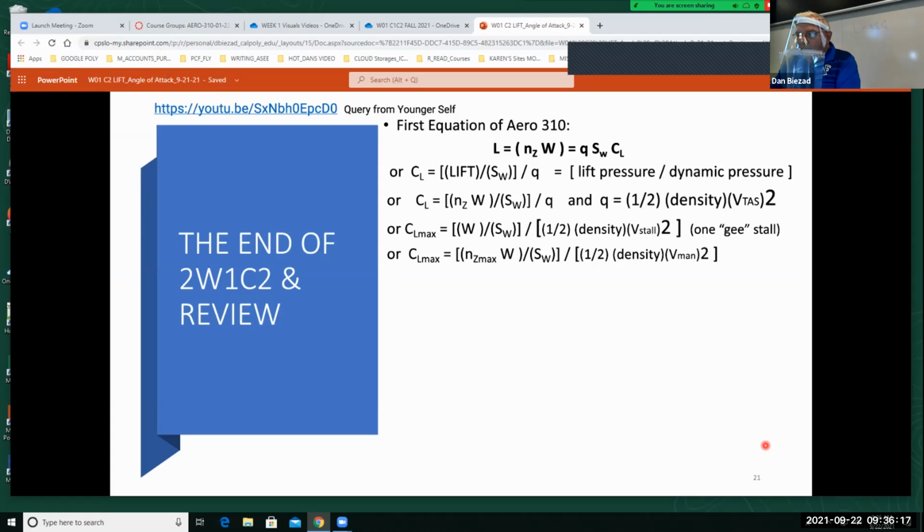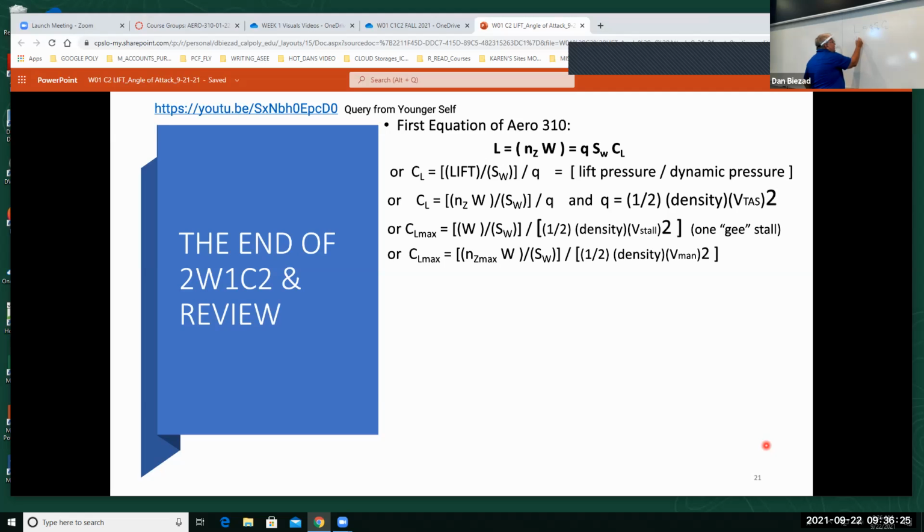Okay, so these are the equations that we've got, and what I've done over here is I've taken the L over S W and called that upward pressure, right? And we divided that by dynamic pressure. So it's upward pressure over dynamic pressure. Right? And now you know why that's not drag. Hopefully you know why that is not drag. And then lift I can replace with the normal acceleration times the weight. So I can end up with N W over S W, right? That's again the upward pressure